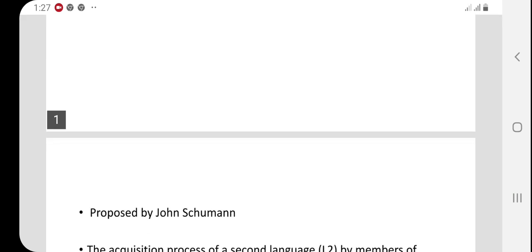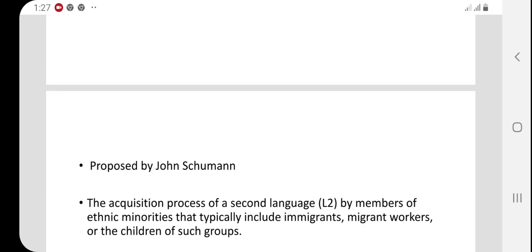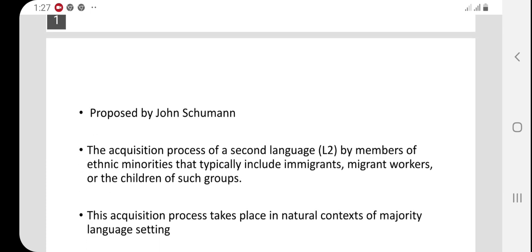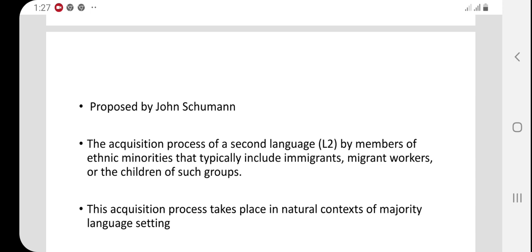In this lecture, we will discuss another model of second language acquisition, that is the acculturation model. It was proposed by John Schumann. He talks about the members of ethnic minorities that typically include immigrants, migrant workers, or the children of such groups,